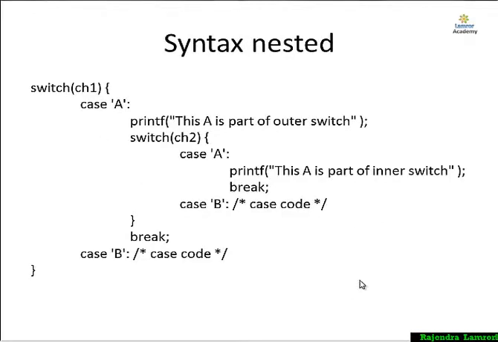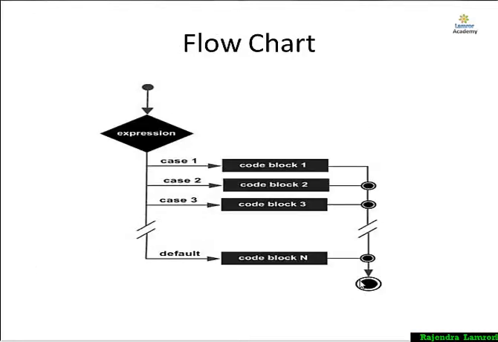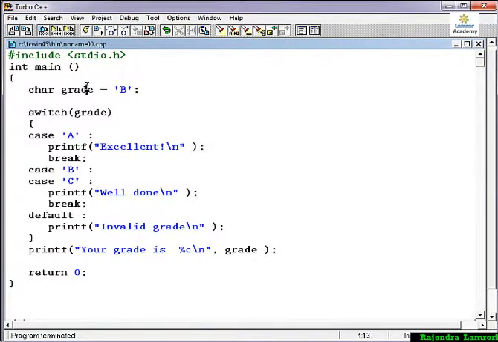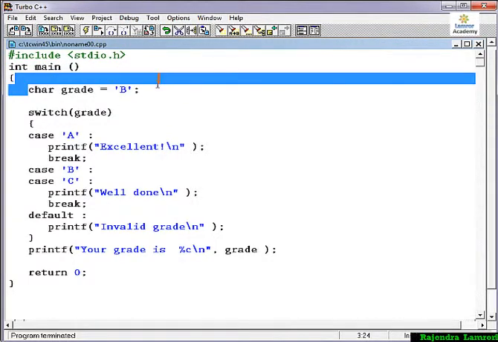Okay, so here I am showing the condition you have seen. This is a nested switch case. Now I am showing one example of how to use switch and nested switch. See here, I have taken one example, #include <stdio.h>. I have imported a file. I have taken the integer main function, and then I take a character variable b.